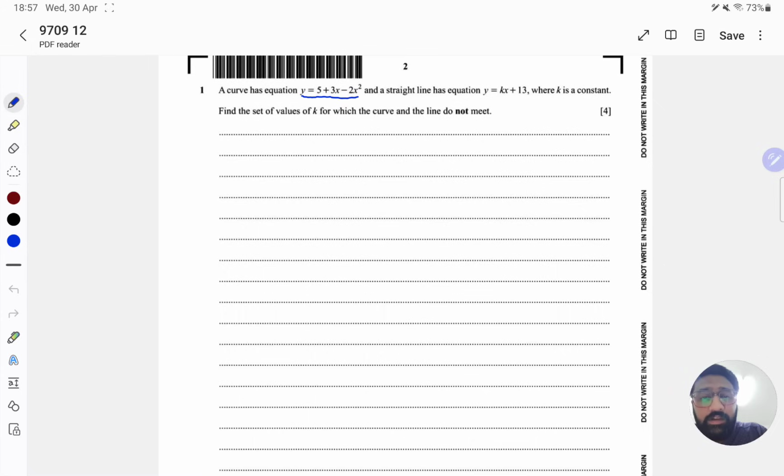So basically when he talks about intersection or uses the word meet, the only thing that should come to your mind is that the two lines are intersecting and the two y's have to be equal to each other. So let's put both the y's equal to each other, y equals y, and if I write 5 plus 3x minus 2x square equals kx plus 13,